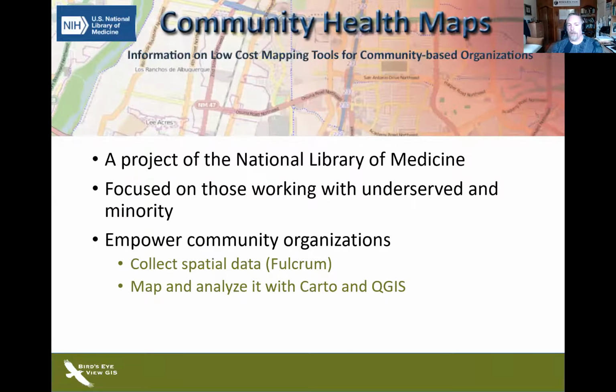We're focused on public health and helping people who are working with underserved populations and minority populations have access to mapping software. So really the goal here is to empower people. I go in and teach a workshop, and I've done this in dozens of places around the United States, where in half a day I show them how to use their smartphones to collect data with Fulcrum, map that in the online website Carto, and then use QGIS to do some spatial analysis or